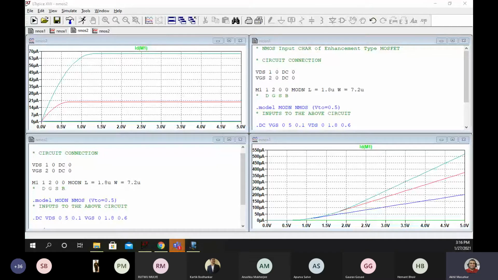So now I want you all to post all these 4 outputs together.